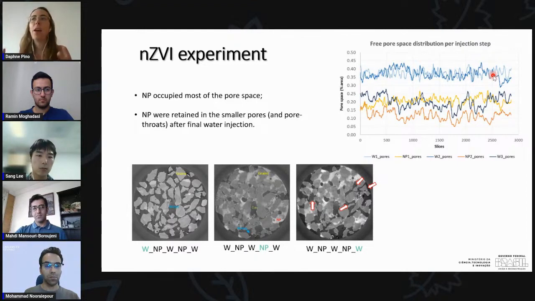Then we said, what happens if we inject nanoparticles again? What will it look like? Then we got this orange curve here, and we see we actually reduced our porosity even further. So what we think was happening here, either we were able to inject more nanoparticles, or what we believe was happening, especially because after we injected water again, we actually get this dark blue here. So we see we did not fully recover our porosity after the second nanoparticle injection.